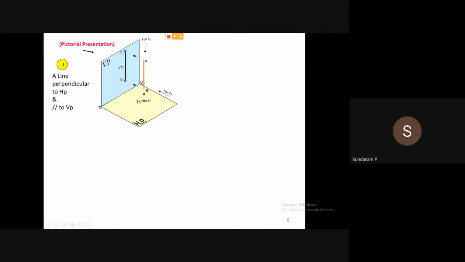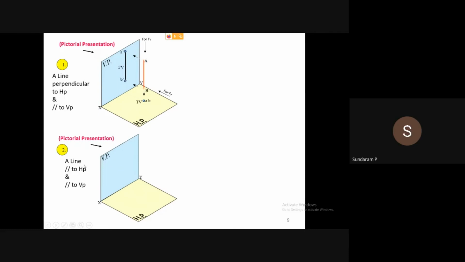So here we are using visible ends without bracket, and invisible ends with bracket. We can say the B end is an invisible, hidden side, so you have to use the bracket there. Here they are not used, but you have to use them here. I didn't mention it, but here you need to use the bracket.